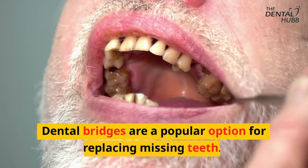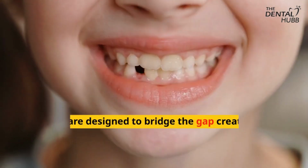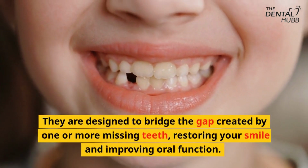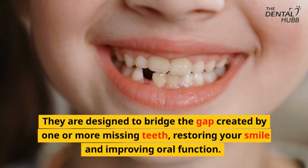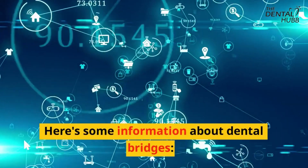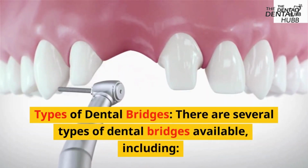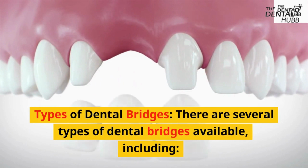Dental bridges are a popular option for replacing missing teeth. They are designed to bridge the gap created by one or more missing teeth, restoring your smile and improving oral function. Here's some information about dental bridges. Types of dental bridges. There are several types of dental bridges available, including